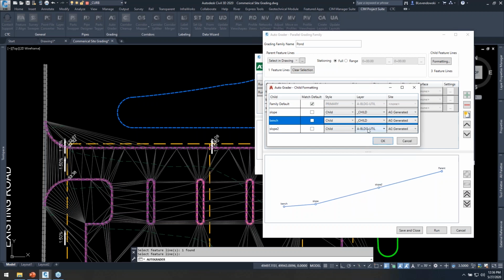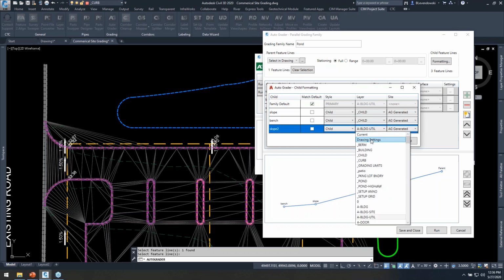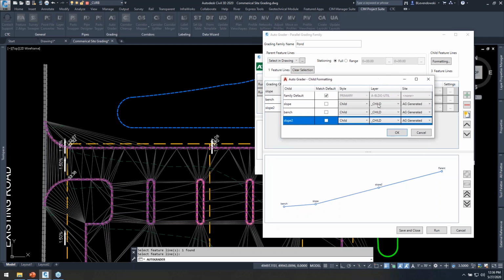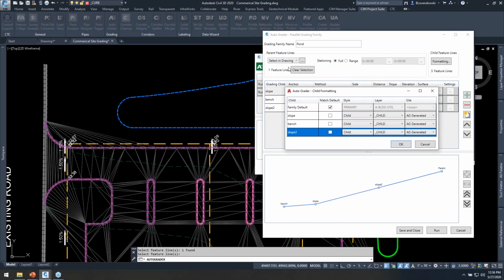If you think a little bit about what we're doing here, we're automating the creation of many, many feature lines. And so this layering and styling is important. If you end up throwing these feature lines on the same layer as the parent feature lines, for example, what do you think is going to happen? Autograder will catch it, but you've got to think about layers and styles when you're setting this up so you can keep things separate, especially if you're using filtering to grab a set of parent feature